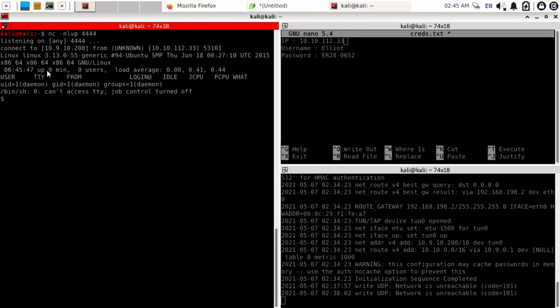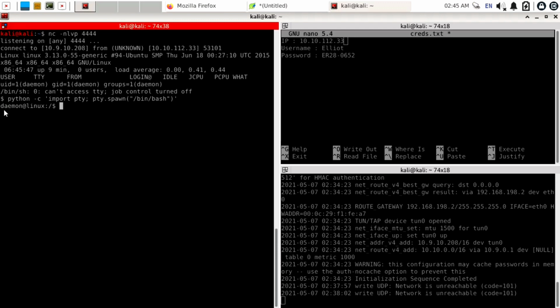Here you can see we successfully got the reverse shell. It is showing us a dollar sign. Now we can perform any command here. First of all, we will stabilize this window by using Python. To stabilize this window, use command python -c 'import pty; pty.spawn("/bin/bash")'. Okay, I mistakenly typed a single inverted comma there, so remove that and use a double inverted comma. Close this command, hit the enter button.